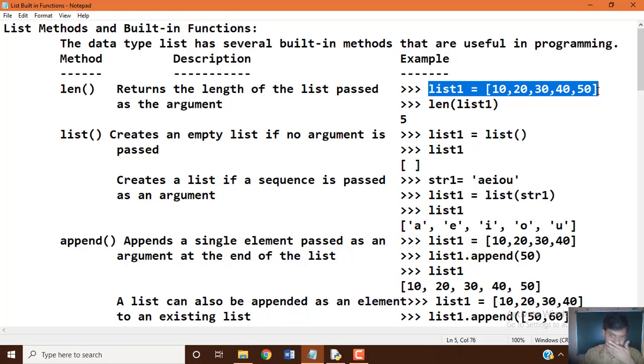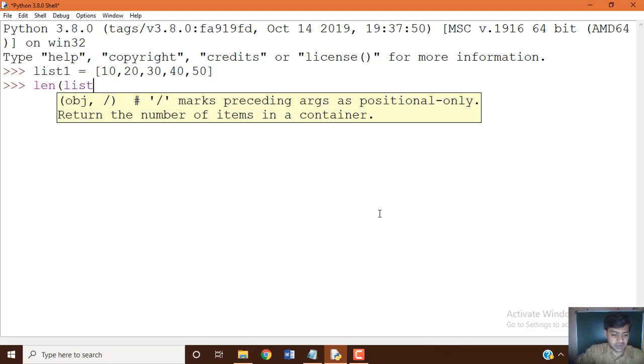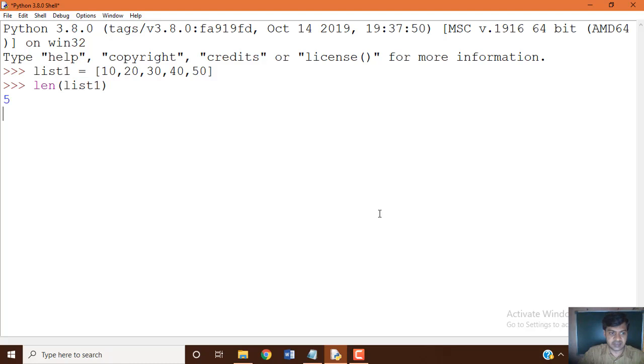Now we'll see the first example. List 1, which we used here, and we want to apply the length, the length of list 1. What happens, let's see. Here we can see 0 1 2 3 4 index numbers, always positive index, which starts at 0 and goes up to that number minus 1, total 5.